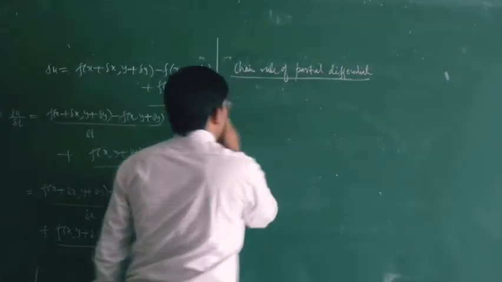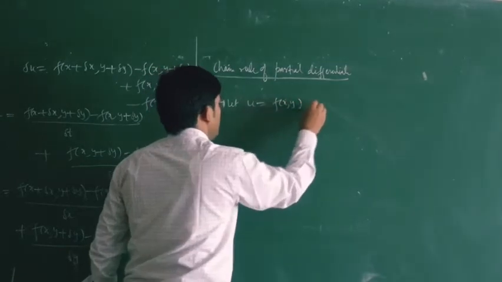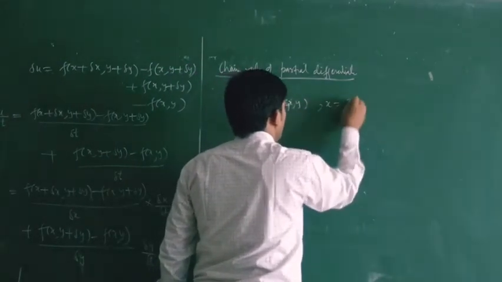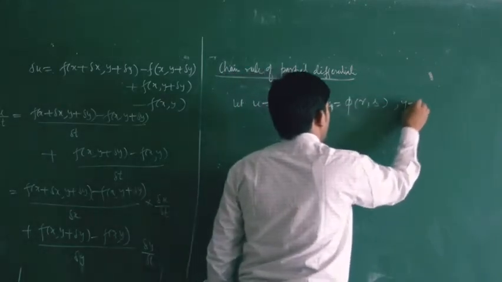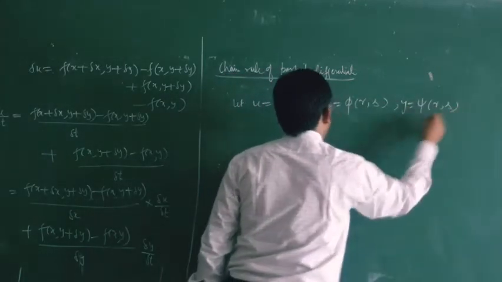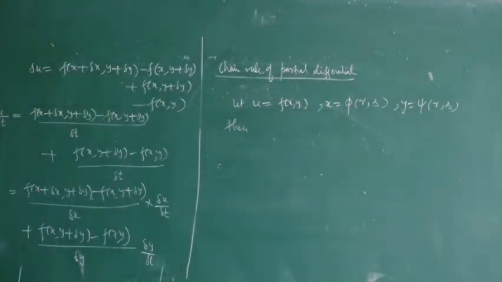Now suppose that you have u a function of x, y, and x is another function of r and s, and y is another function of r and s. Then using this definition of the total differentiation,